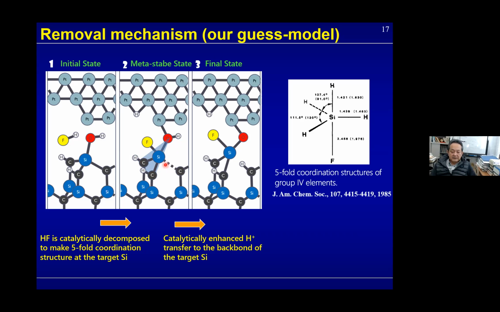And in this line, bonding is prepared by p orbitals. So the strength of the back bond could be weakened compared with a 4-fold coordination situation. So the back bond could be broken by proton transfer from here to here. This is our guess model, and